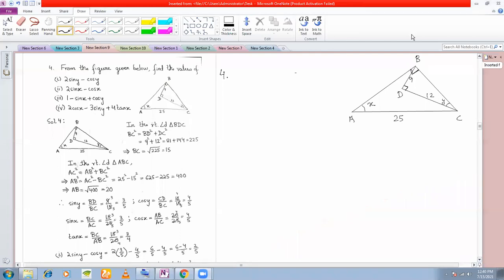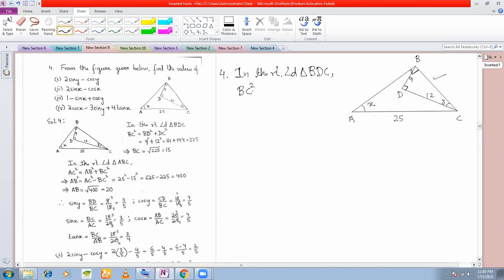So if you see in these 2 right angled triangles, you have one side unknown. In the smaller right angle triangle BDC, the hypotenuse BC is not known. But you know the perpendicular BD and you know the base DC. So you can find out the length of the hypotenuse. So let's first find out. In the right angle triangle BDC,